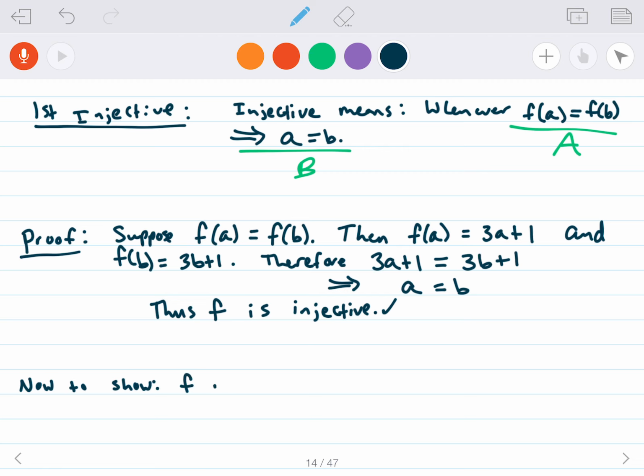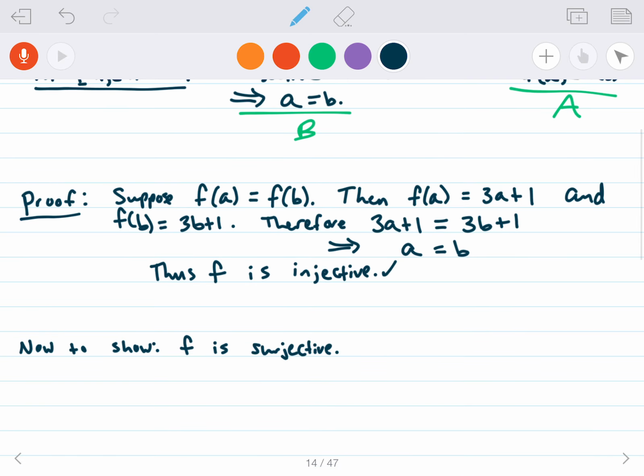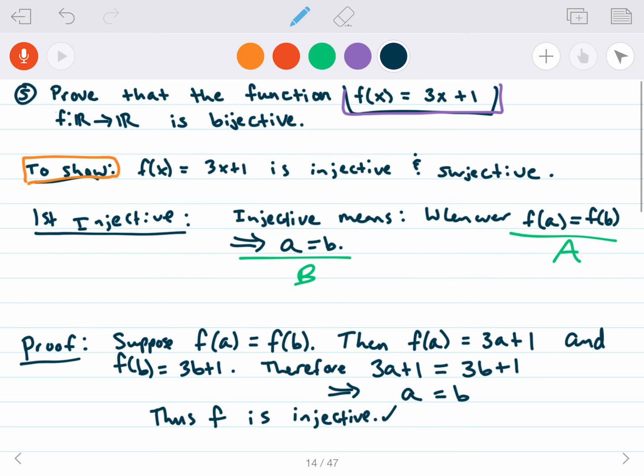Bijective means injective and surjective. So f is surjective. And what does that mean by definition? Well, that means that we want to show that, actually, let me say this. Show that for all b in R,